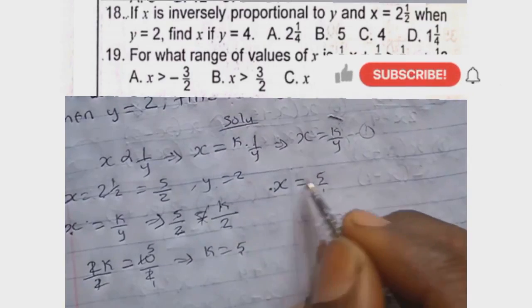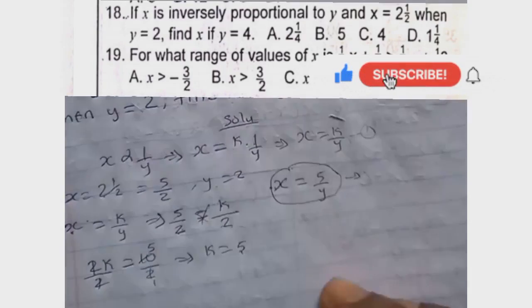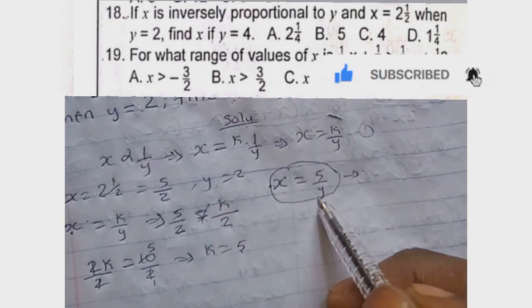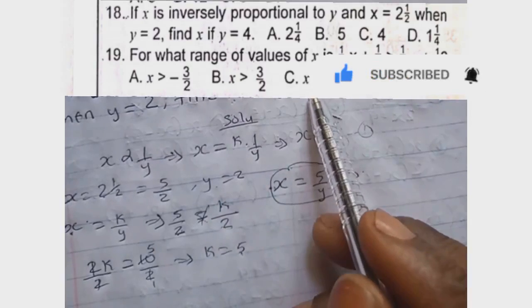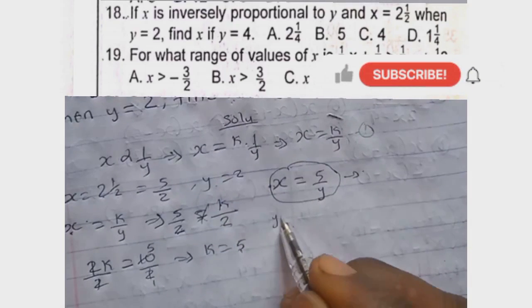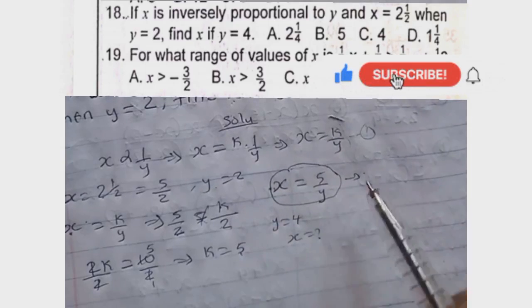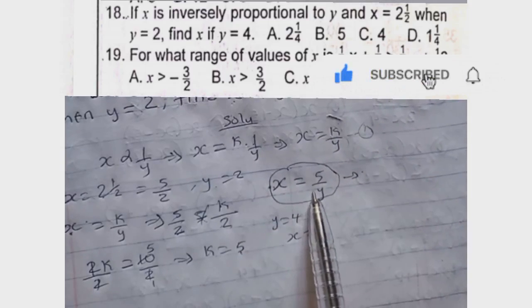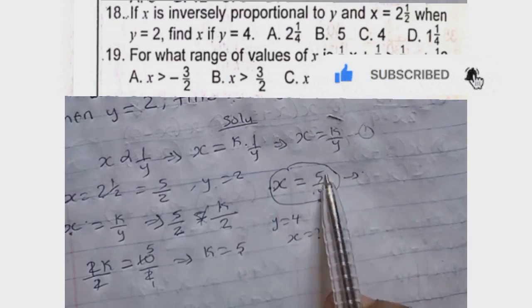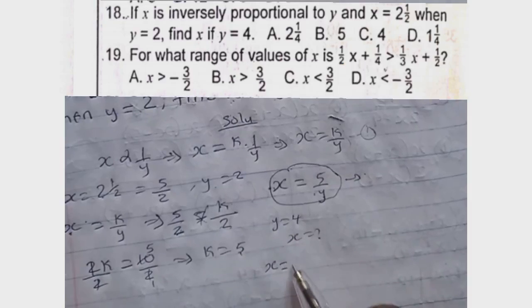So this is the equation we derived for this question. Now to get the value of s, we use this equation to solve it. And our y is equal to 4. Okay, so in this place our y is equal to 4. When y is equal to 4, we want to find s. So now we use this equation we derived. Our equation says that s is equal to 5 over y. So therefore now we have s equal to 5 over our y, which is